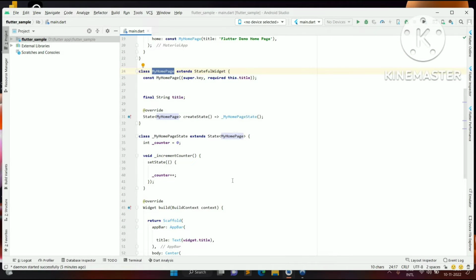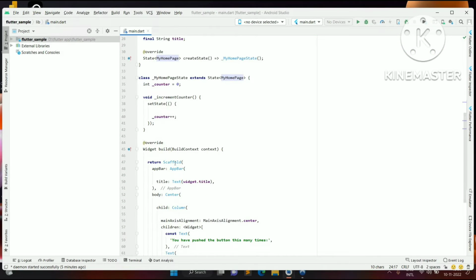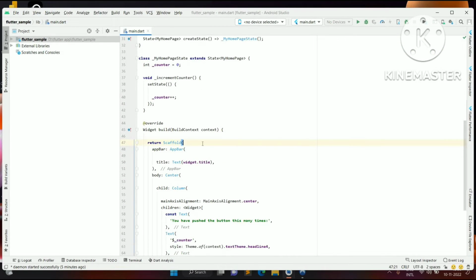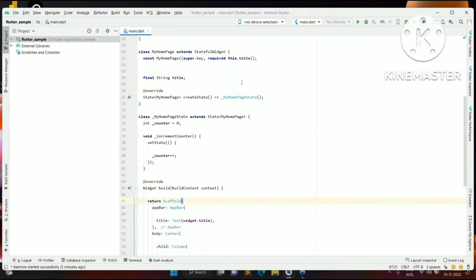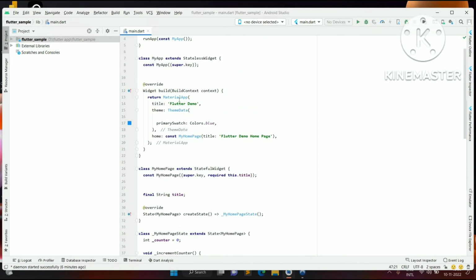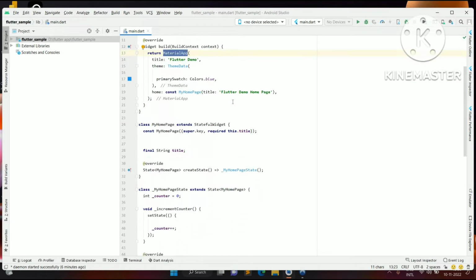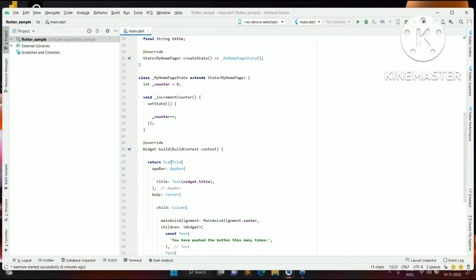In this MyHomePage we have return. In this return we have Scaffold, which can hold multiple widgets. The main difference between Scaffold and Material app is that Scaffold can contain multiple widgets, but all these widgets can be accessed by the Material app. Inside that Material app we have a Scaffold widget,